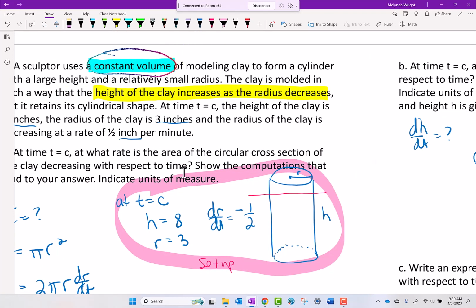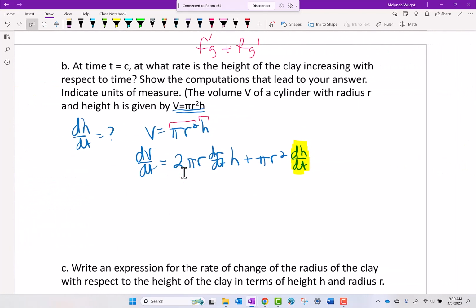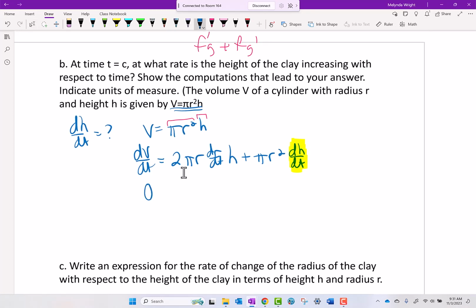The volume is constant. What does it mean if the volume is constant? It means it's like one number, right? One number. If I take the derivative of one number, what is that value going to be? The derivative of 5 would be 0, right? So that's what tells us what number to put here. That's what tells us, that the volume was constant. So this is 0 equals 2 pi, let's see, what was r? r was 3, dr/dt was -1/2, h was 8, these were given to us,